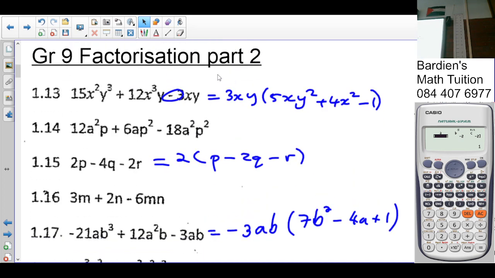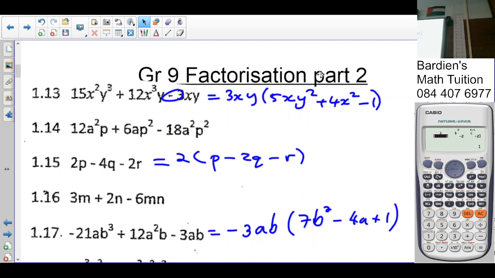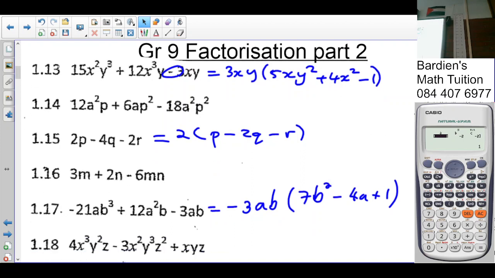Now we're going to look at the even numbers, the sums that were for homework, of course. So number 14. What is common here? 3, 6. For those of you who said 3, look inside your bracket, you will see there's a common factor of 2 still. It must come out. Okay? So it's going to be 6AP, sorry, 6AP